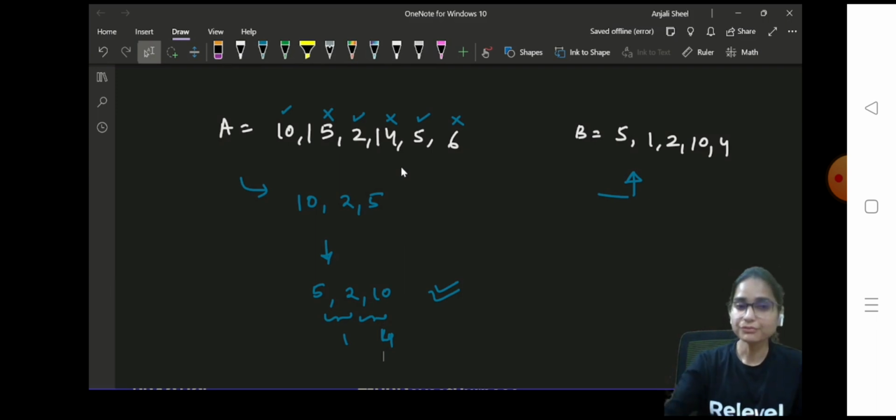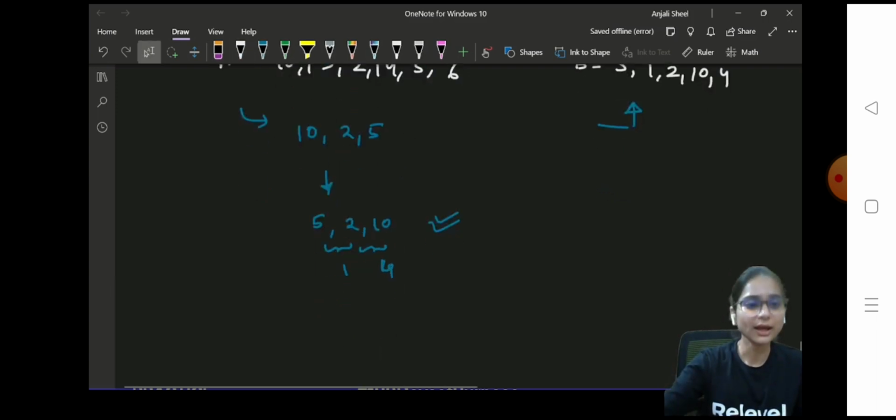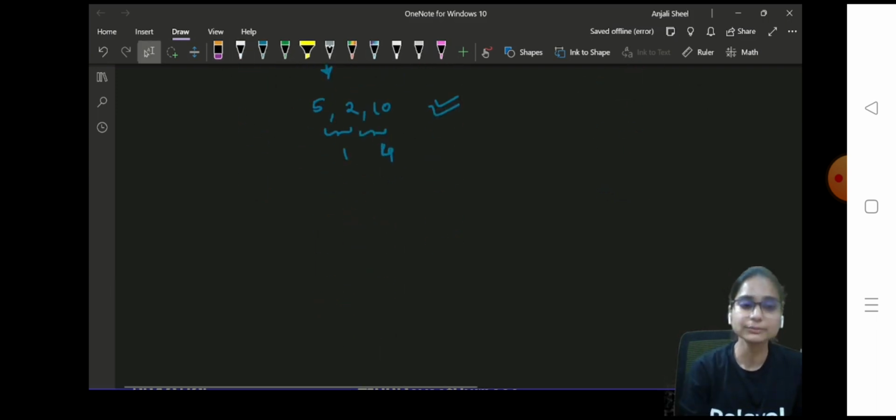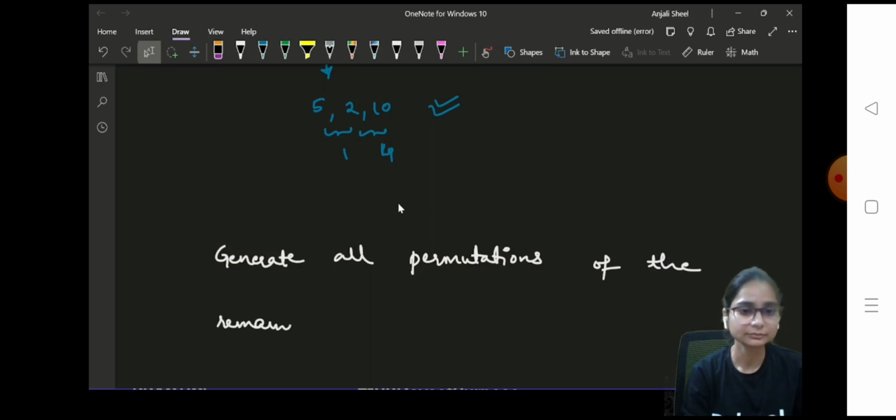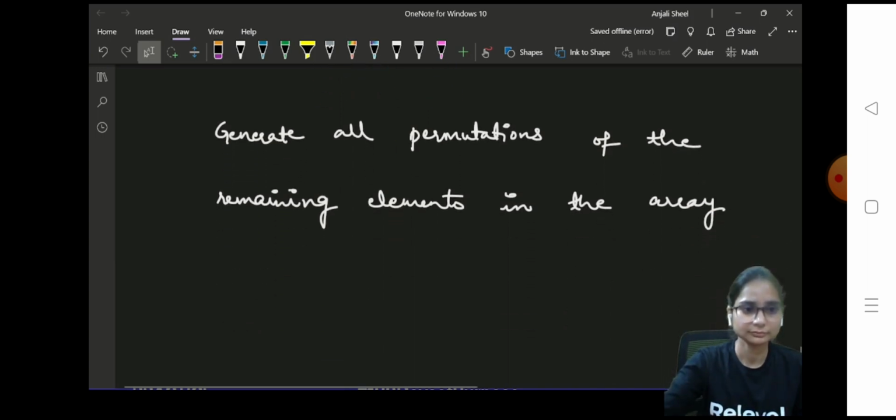So in this one, what we are actually doing is generating all the possible permutations. So this says generate all permutations of the remaining elements in the array, and for each sequence,